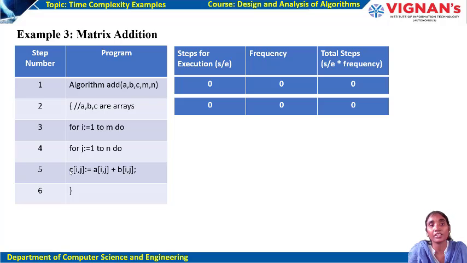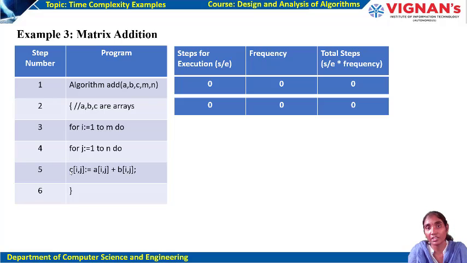Now the thing is here, the for loop condition will be checked how many number of times? For I is equal to 1 case it will be executed, I is equal to 2 case it will be executed, 3 case it will be executed. Likewise I is equal to m case is also being executed. After that, again one more condition it will check. Which condition? I less than or equal to m plus 1. As that condition is failed, then only it is coming out of the loop.